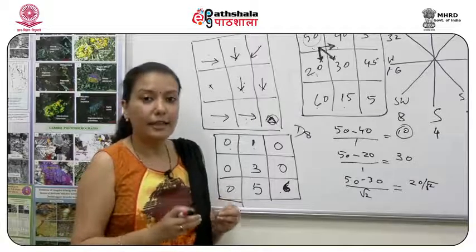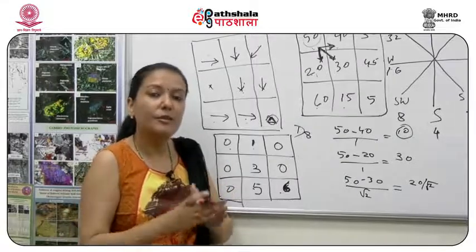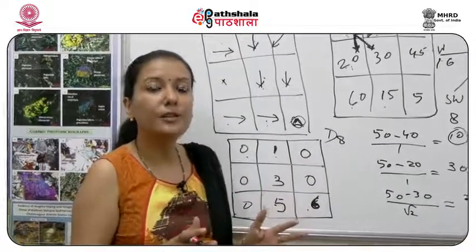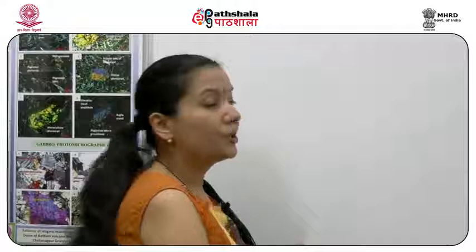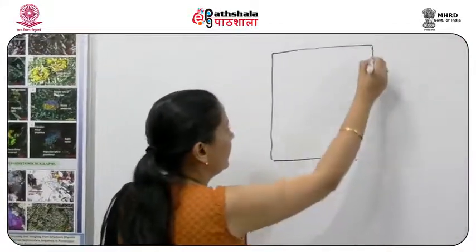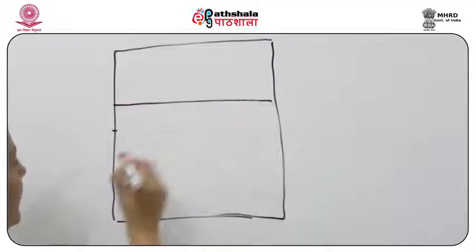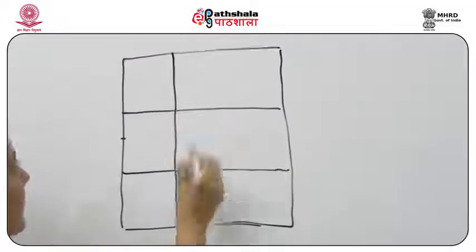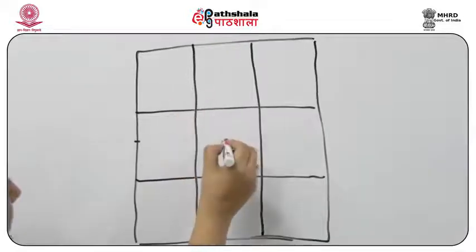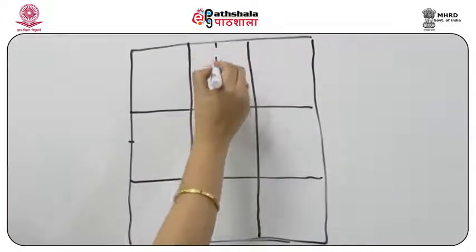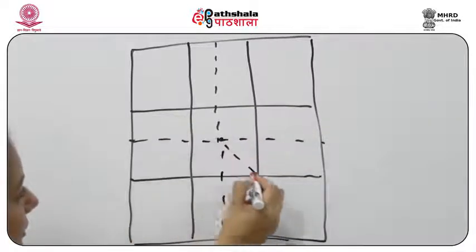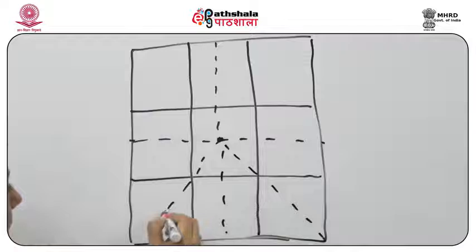So it helps in areas where it is not a very steep slope, but you have a flatter surface where the water is moving in all the directions. Now for the D infinity model, we again have the same raster as in the D8 model, with the same raster cells, and we need to calculate the slope. Before calculating the slope, we take the center point and create triangles in all the directions, or we create 8 triangles here, as you can notice.